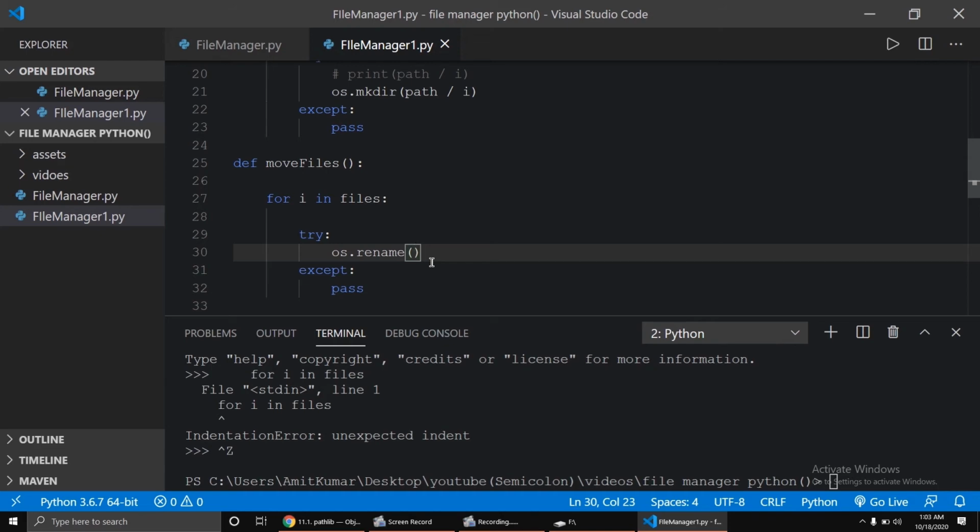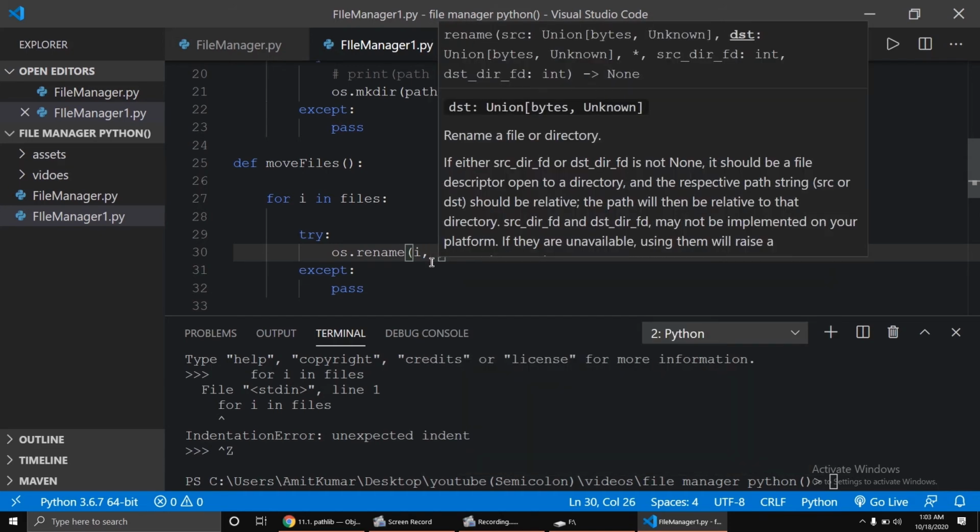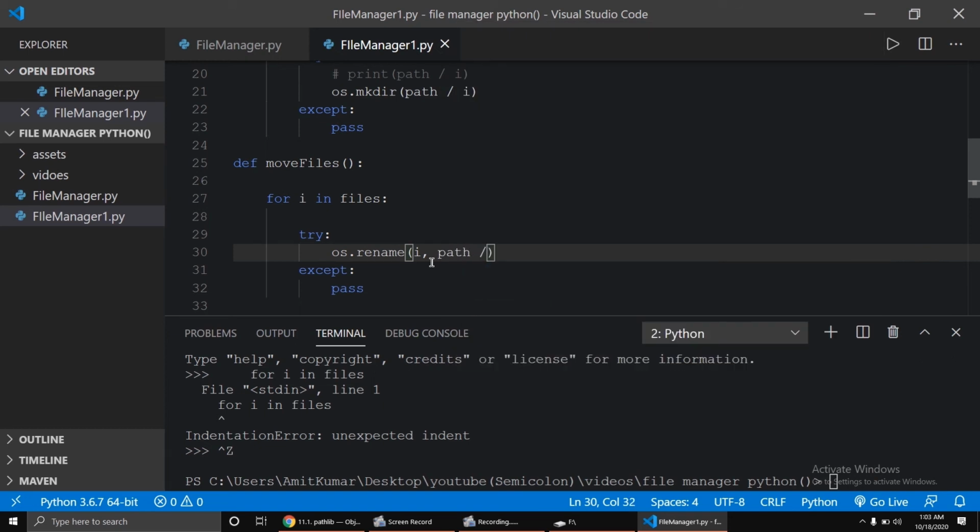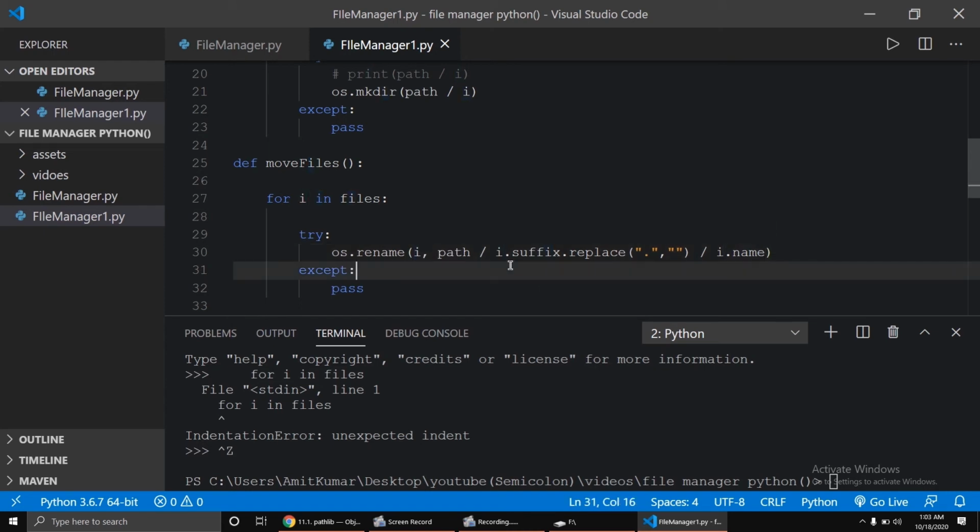I want to move I. In which destination do you want to move it? I want to move it into the path plus inside I dot suffix dot replace dot with empty string plus I dot name. I want to rename this as that, from this directory into that directory,